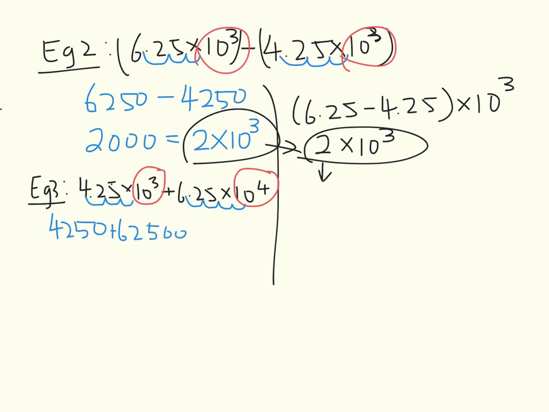So if you add that up, 4,250 plus 62,500, you're going to end up with 66,750. So if you want to write that in scientific notation, you will have to put